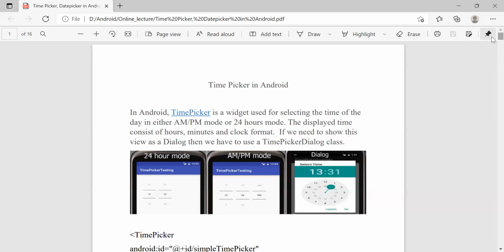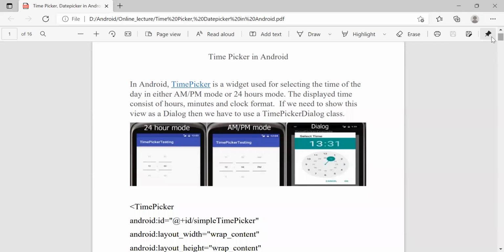The displayed time consists of hours, minutes, and clock format. If we need to show this view as a dialog, then we have to use the time picker dialog class. So if we want to set the time, we have a time picker dialog, and if we want to see the time, then we have a time picker control.